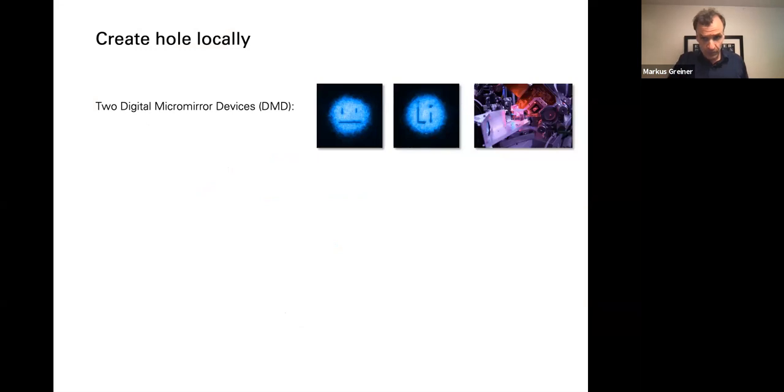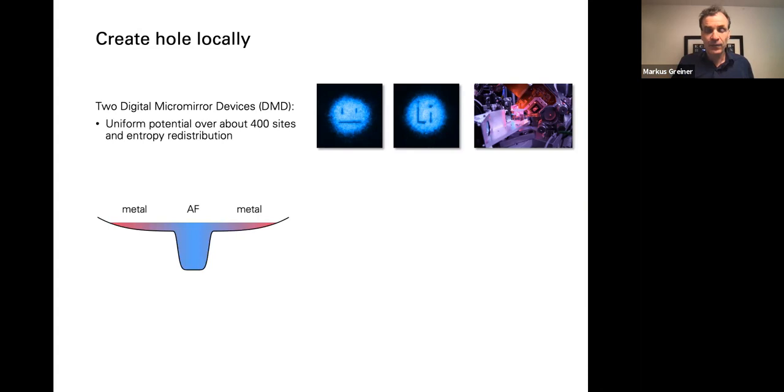The tools we use for making these holes, but also for example, encasing atoms in a box, use a spatial light modulator where we can apply an additional light pattern onto the atoms. And we already used that to create the antiferromagnet that I showed you earlier, because we can do some entropy engineering by having a big halo of a dilute metal, as shown here. A lot of the entropy goes into that halo, and we get a cold center